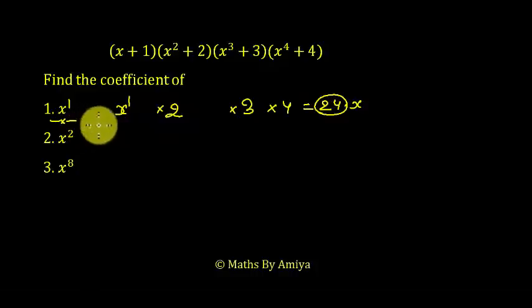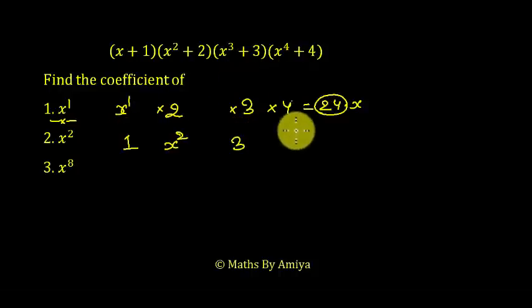We just want the required bracket for the required power. We want x square. This comes from the second bracket. From the second bracket, we have taken x square. From the first bracket, we would take the constant term. From the third bracket, again the constant term. From the fourth bracket, the constant term. So the total coefficient of x square is nothing but 1 into 3 into 4, which is 12. And the term is 12x squared. I hope it is clear.